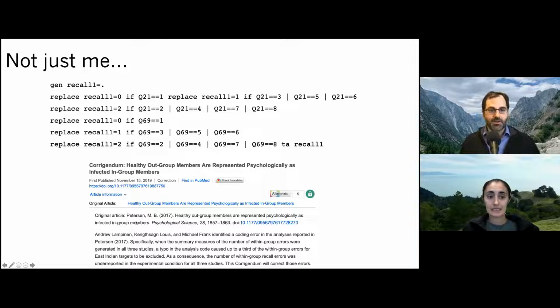Peterson, the original author here, took this very seriously, immediately went and corrected the analyses and issued a correction addendum. So did exactly the right thing here. So this was an experience that suggested that these issues of errors in code and in data, code interacting with data, really can have fairly pervasive effects, especially since in this example and in the one before, the code is not human readable. And these are best case scenarios, right? These are cases where we have the code, we have the data, and we're still not doing so well in terms of catching errors prior to publication.